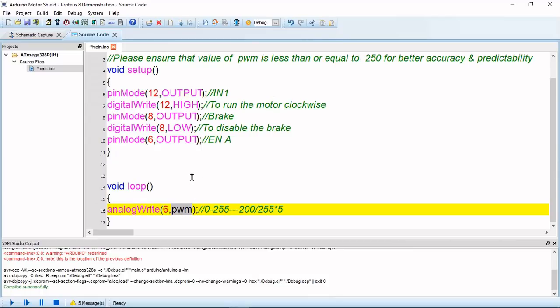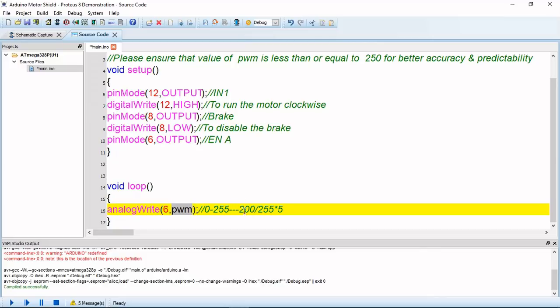So if it is 0, then it will be low all the time, and if it is 255, then it will be high all the time. And if the value is in between, then it will generate an average voltage proportional to the number. If you want to calculate the average voltage generated for any particular PWM value, you can use this formula.